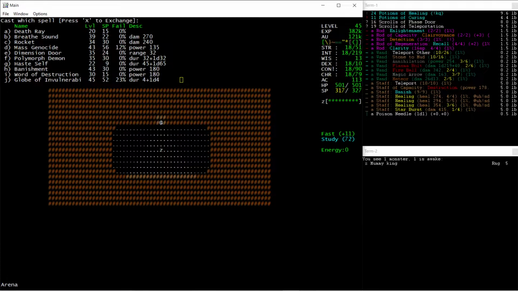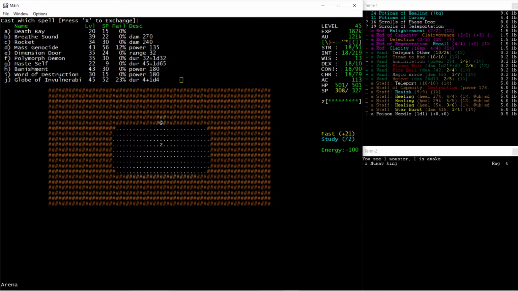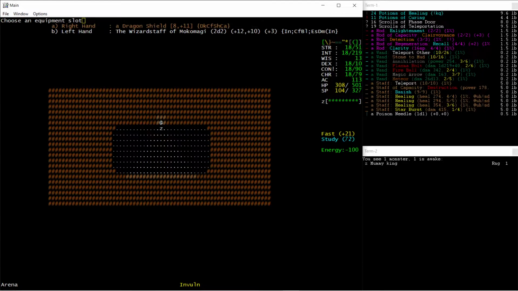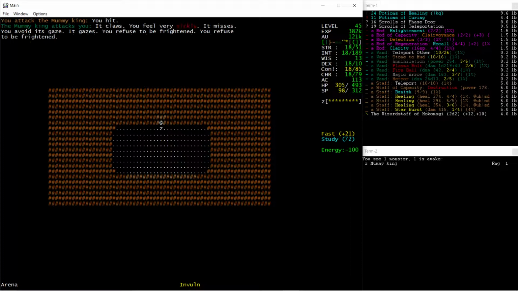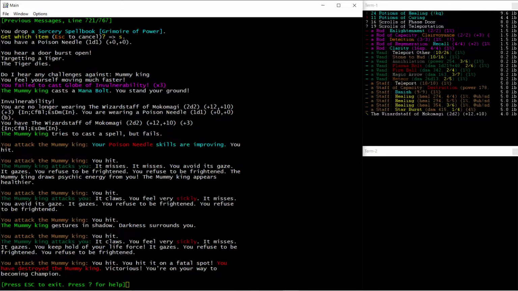So what I'll do is I'll haste myself, Globe of Invulnerability, which only lasts for 4 to 8 turns. So you've got to be quick, I guess. And hopefully not fail it 3 times in a row. Now let's swap our Poison Needle over our Wizard Staff and see if this works out. Yeah, there we go. So it took us 1, 2, 3, 4, 5, 6, no hang on, just 5 hits to instantly kill that